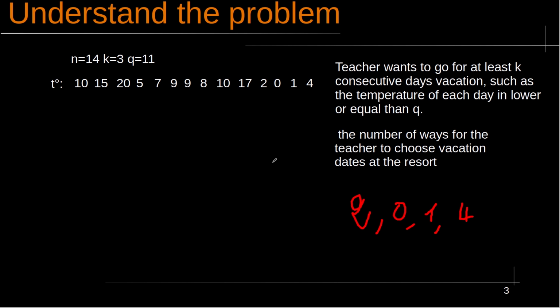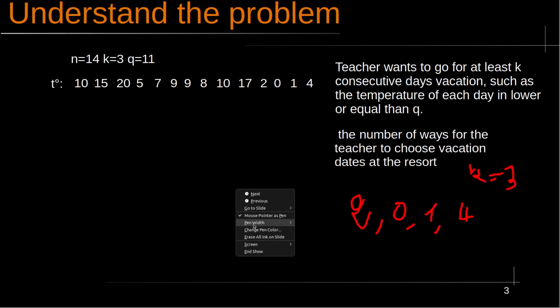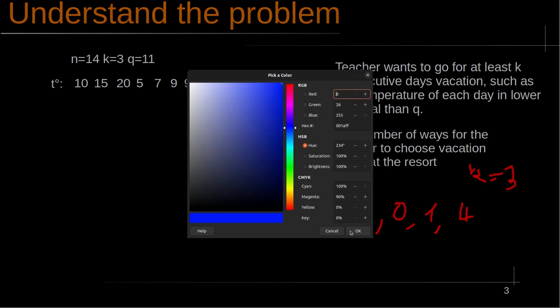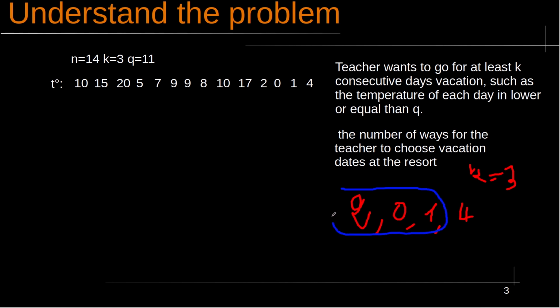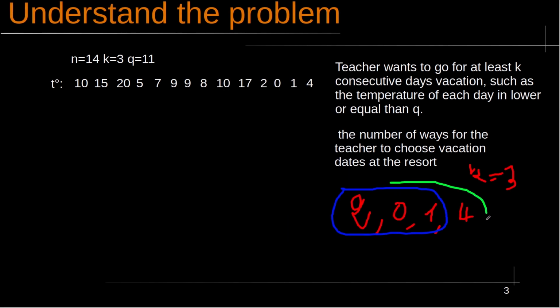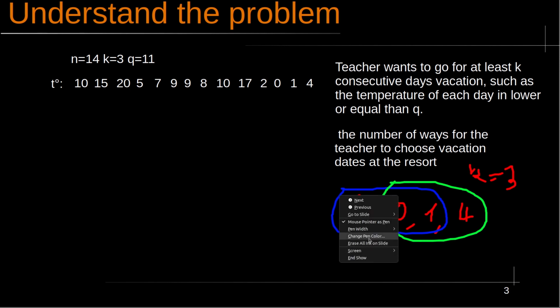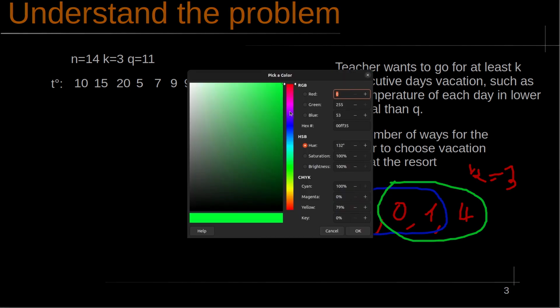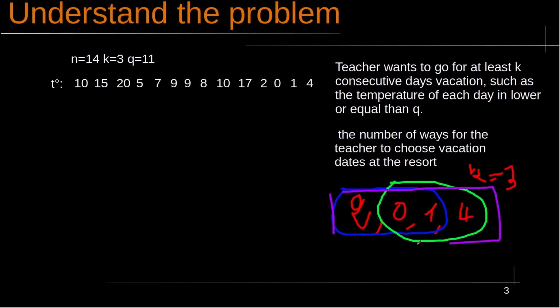So how many ways can the teacher choose at least, let's take k equal to 3, at least 3 consecutive days? He can choose these 3 days, or these 3 days, and he can also choose all the 4 days. So the number of ways here is equal to 3,